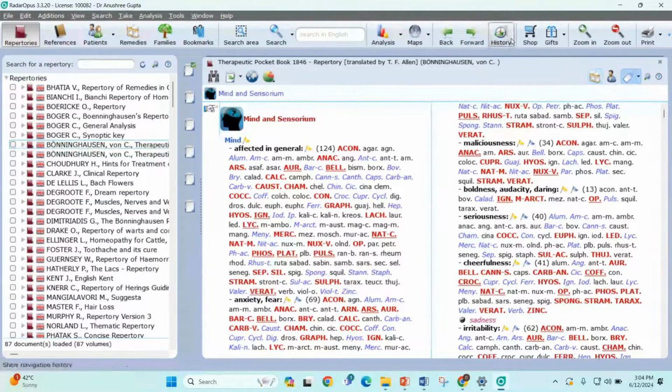At the uppermost part is the toolbar of Radar Opus, which consists of different icons. With the help of all these icons, you can use all the features and functions in the software. Firstly, we'll discuss these 5 primary icons. Secondly, we'll see the repertorization part. And in the third part of the session, we will see how to apply the Master Score module, what the uses of Master Score are, and how you can get to your single characteristic remedy.